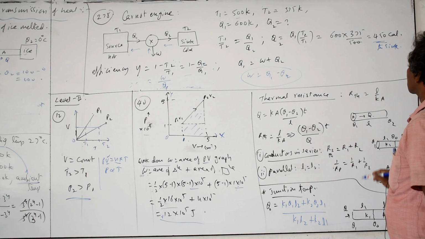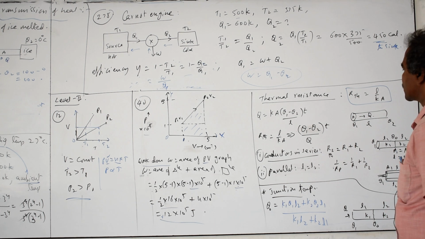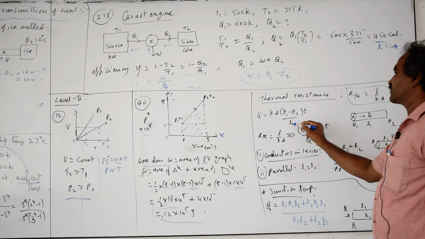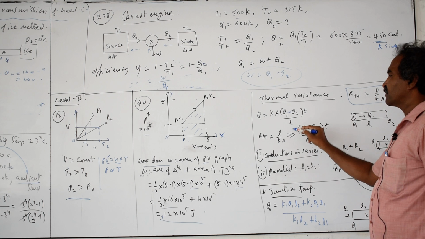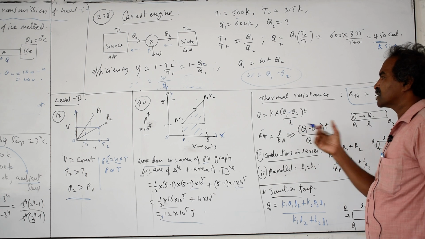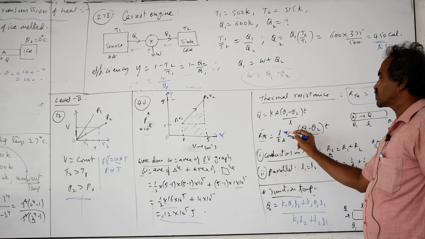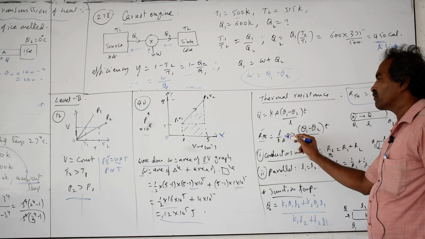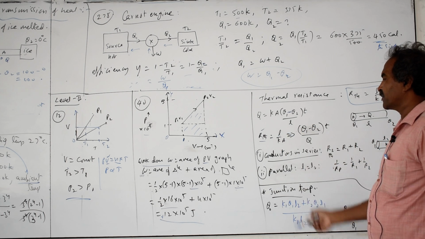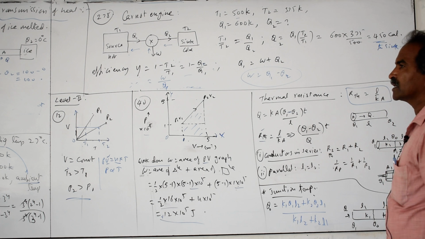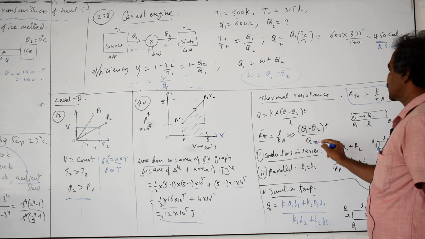Next, this extra point: thermal resistance. Thermal resistance is equal to L by Ka, where K is the coefficient of thermal conductivity. Q equals Ka into the temperature difference theta 2 minus theta 1, whatever the difference, take it as positive, into T by L. Thermal resistance is what offers resistance to the flow of heat through materials, equal to L by Ka. K comes in the denominator, so a better conductor has a very high K value and less resistance. An insulator has a very low K value, like dry air and cork, and resistance is equal to temperature difference by Q, that is Q into T.